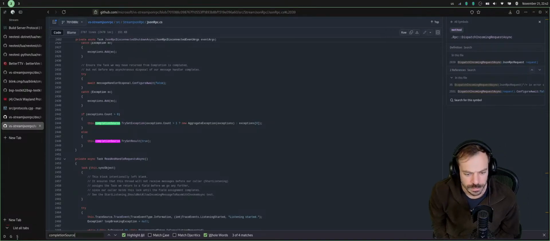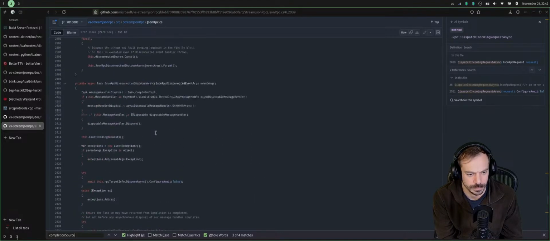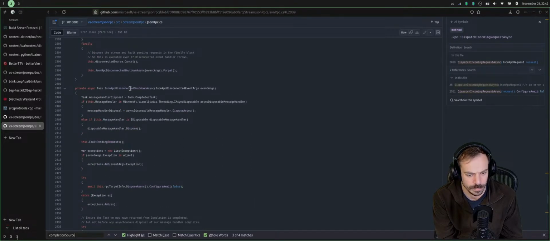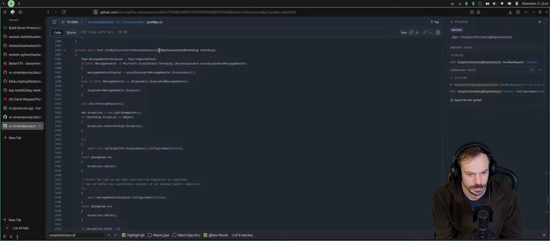Oh, I can also set an exception on the completion source. Would this be something? Try set exception. Disconnected event args.